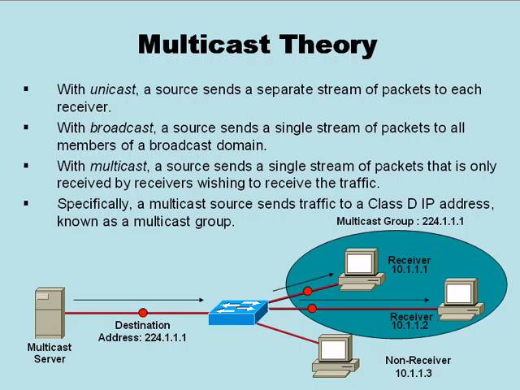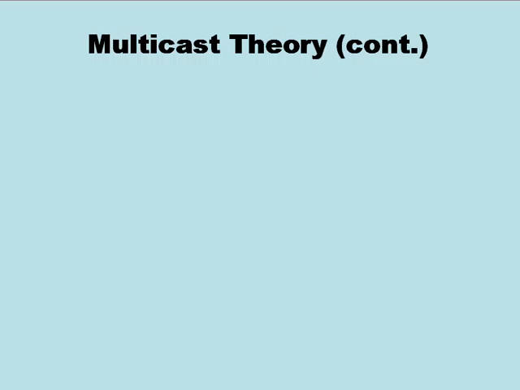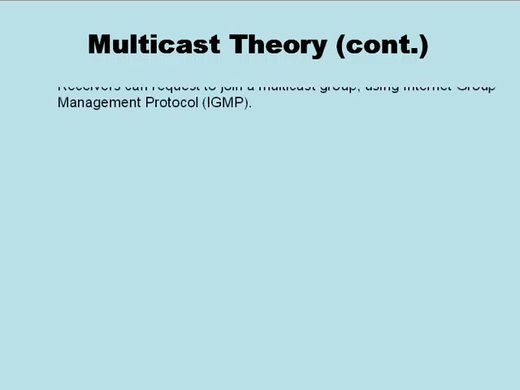Let's now continue with our discussion of basic multicast theory by understanding how a receiver joins a multicast group. The receiver is going to join a multicast group by sending out an IGMP join message. IGMP, that's the Internet Group Management Protocol. And when a receiver's IGMP join message goes into a router, that router knows that if it receives traffic for